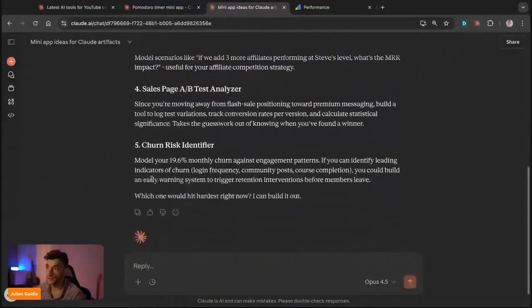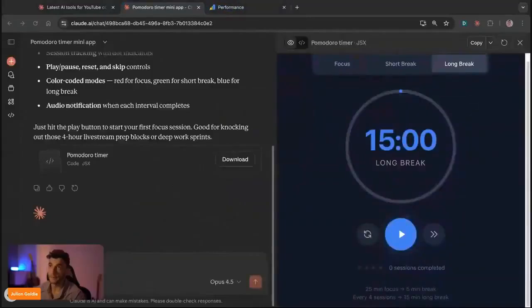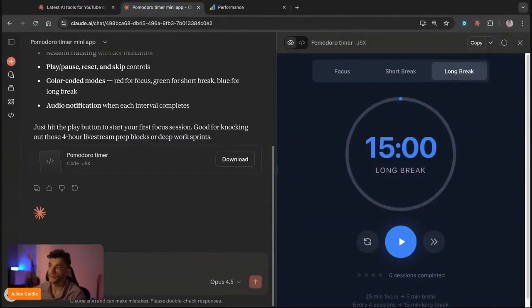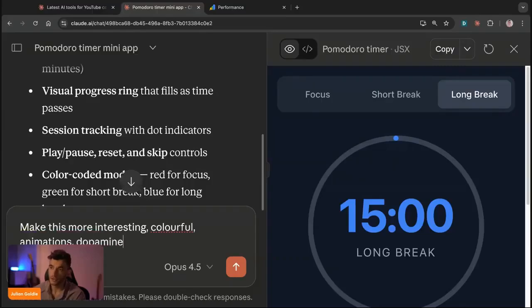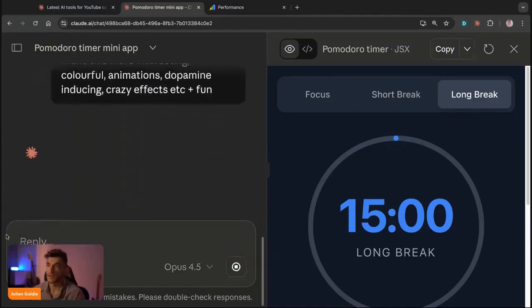Now, for example, here as well, if we go back inside here, let me just pull this up. We can actually take a screenshot of this, right? And we can plug that into Claude to improve things that we're building out. Or what we can do is we can just give it some tweaks and it'll quickly make those tweaks to improve the design, right? So for example, if I go inside the chat here and I'm like, okay, make this more interesting, colorful, animated animations, dopamine inducing, crazy effects, etc., plus fun,